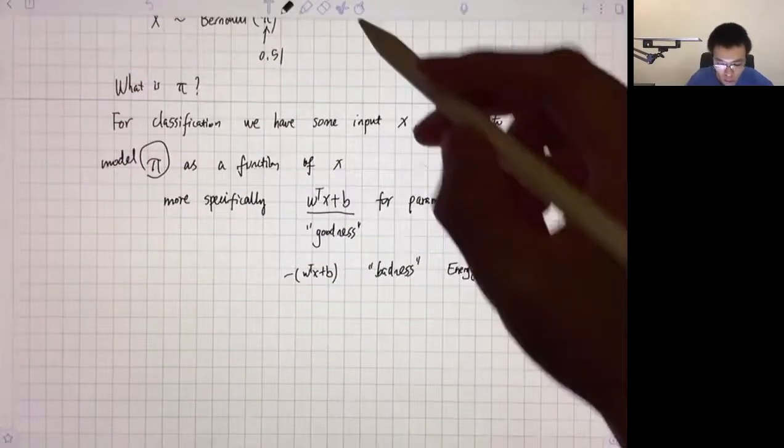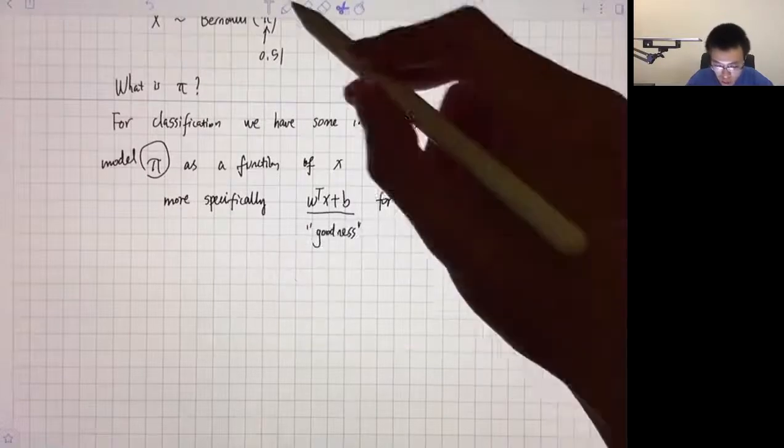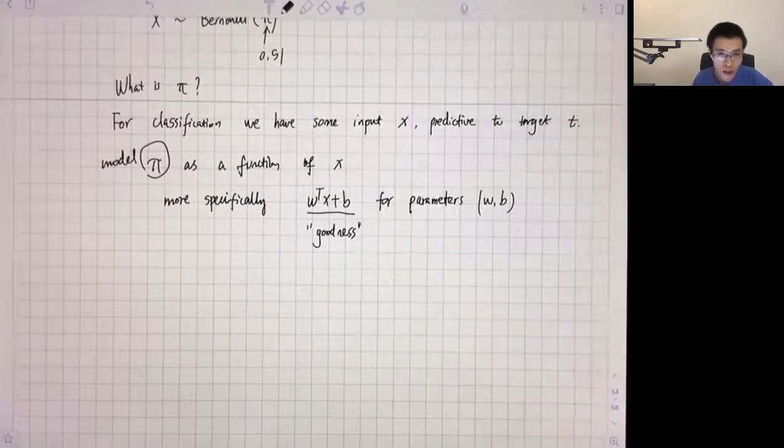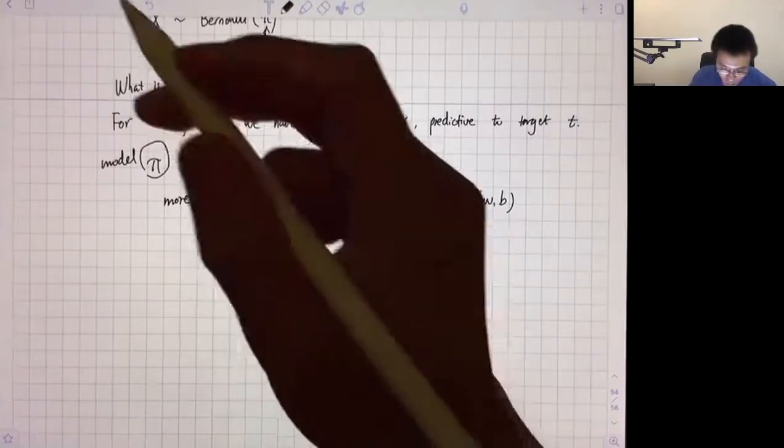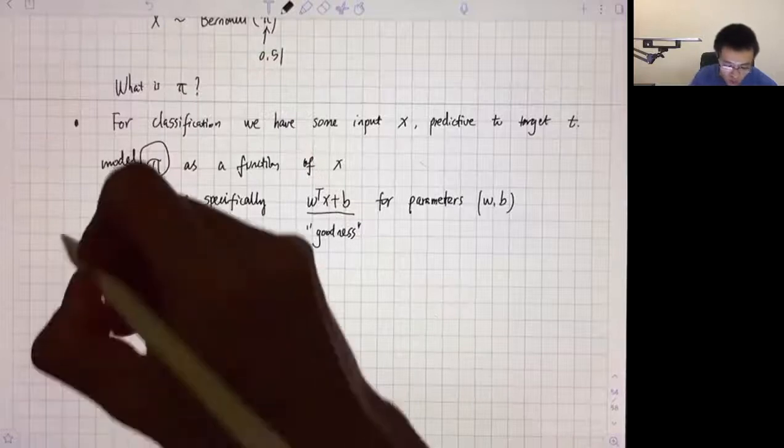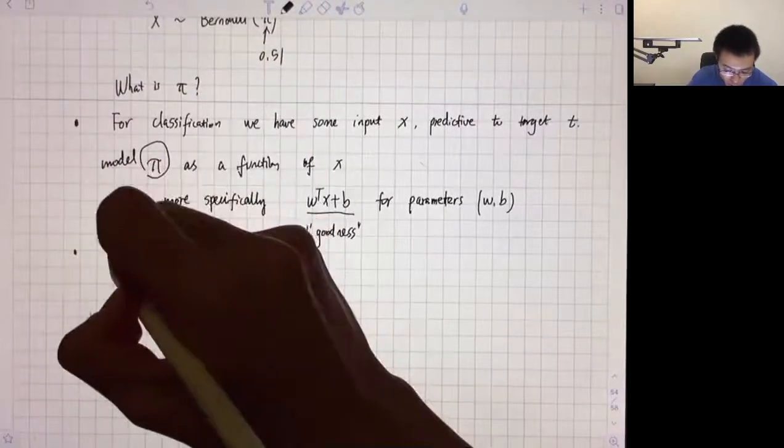Okay, but we don't mind. But let's just call W transpose X plus B the goodness for some data sample. And then I would like to model the chance that it's going to be 1 based on my goodness, okay? So this is the first thought. The second thought is you cannot directly set